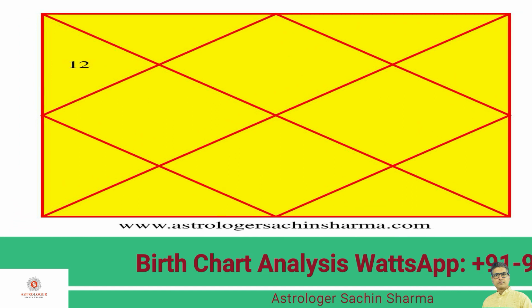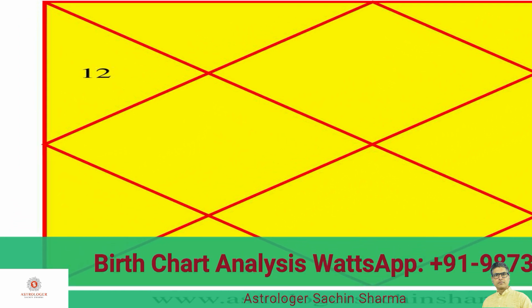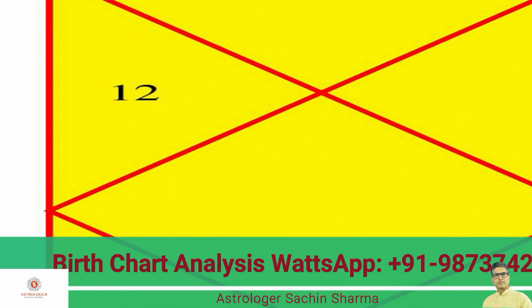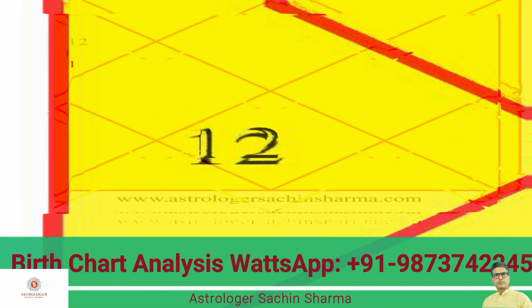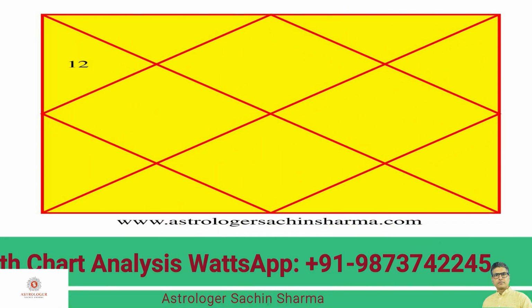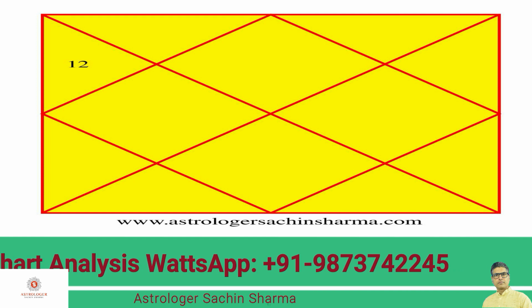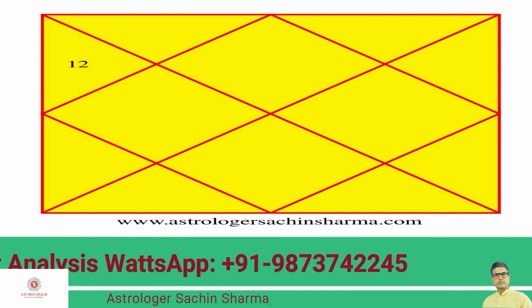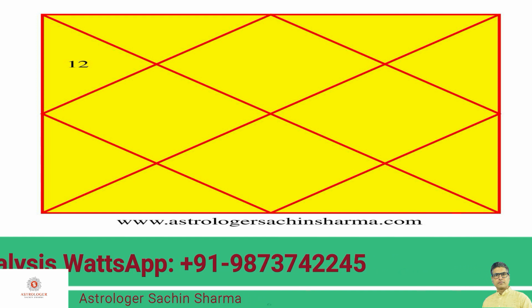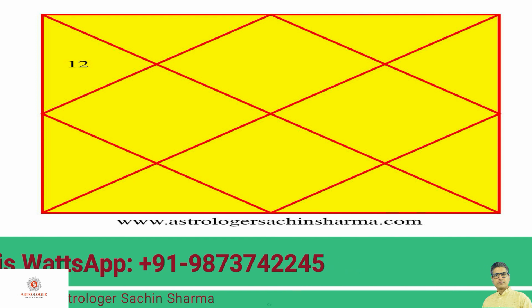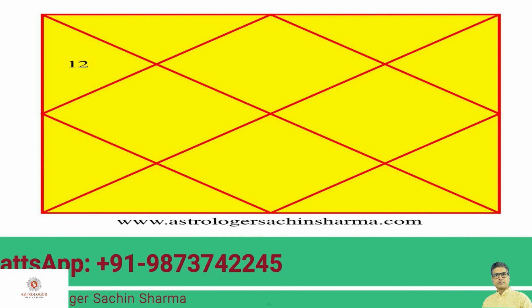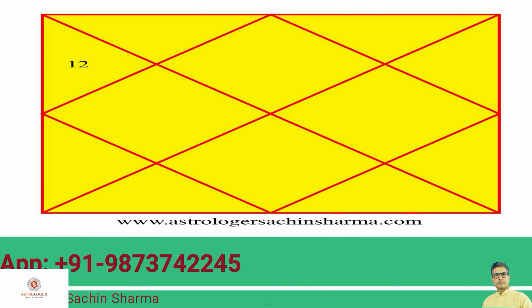Number 12 is written in the 3rd house, so you have to tell me the Lord of the 3rd house. As we know that number 12 represents Jupiter, therefore Jupiter is the Lord of the 3rd house here. So I think your concept is very clear now regarding what these numbers represent in a birth chart.